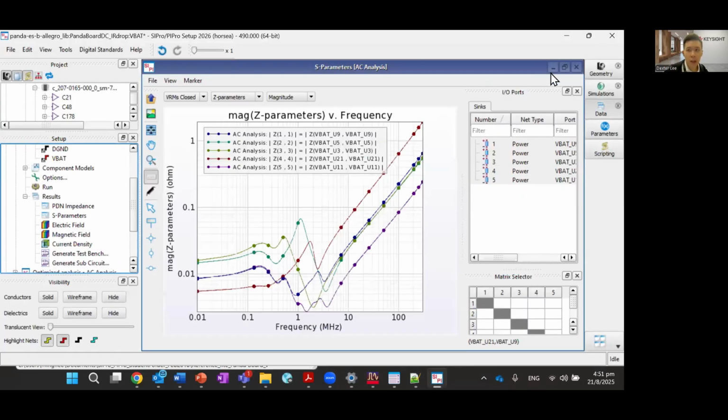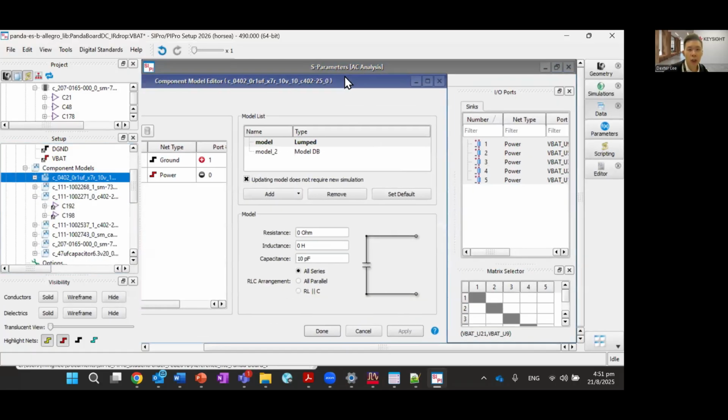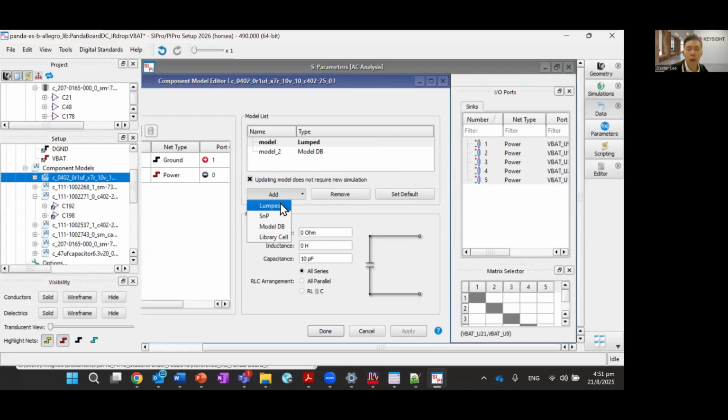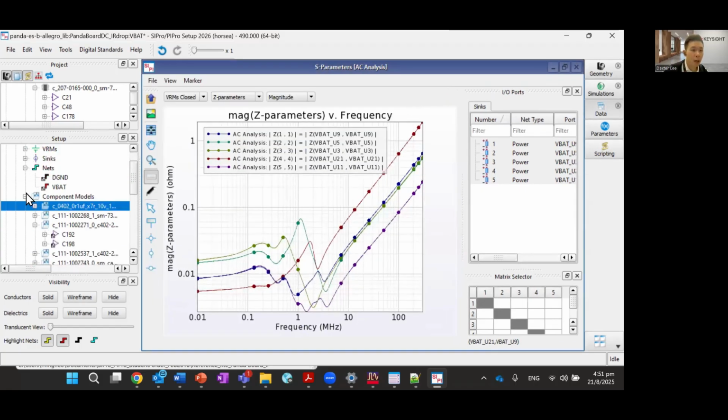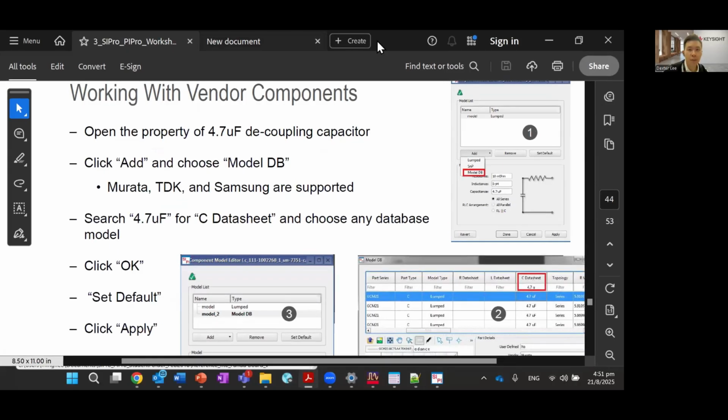That's on the decoupling capacitors. And as mentioned earlier, not just lumped components, we have different modeling options for you to model your capacitors. So feel free to use any of the options based on the resources that you have for your simulation. And one more thing is on